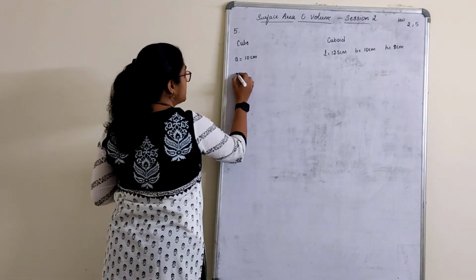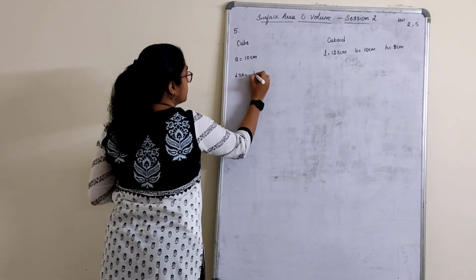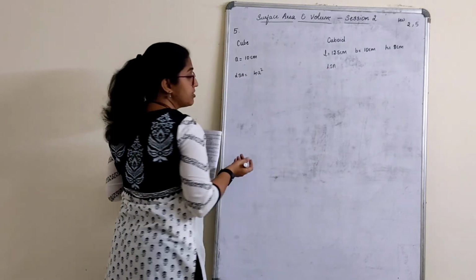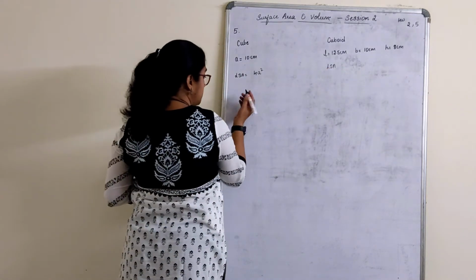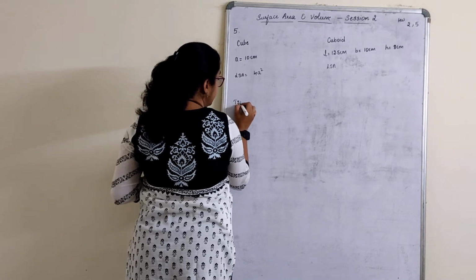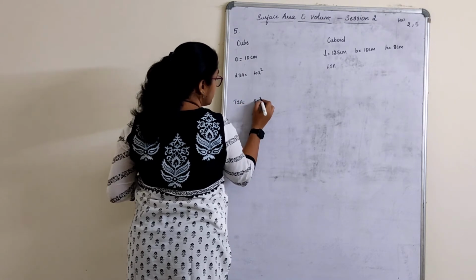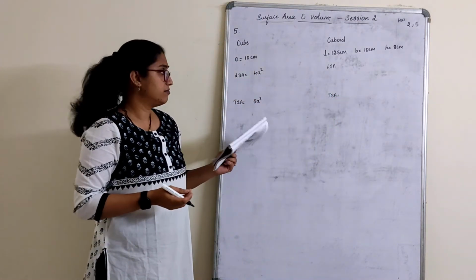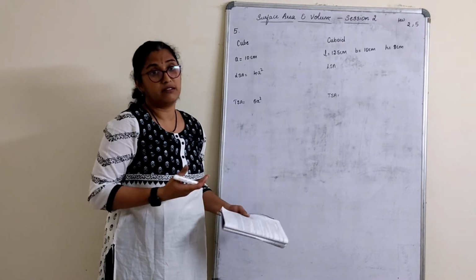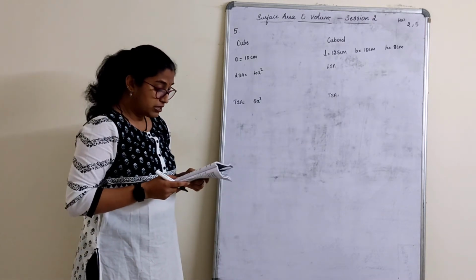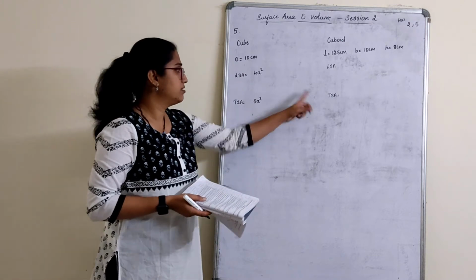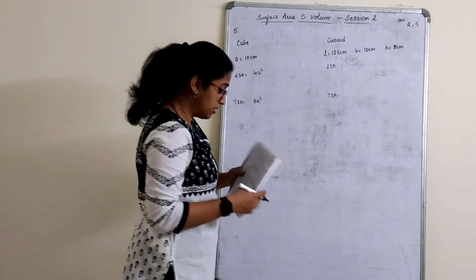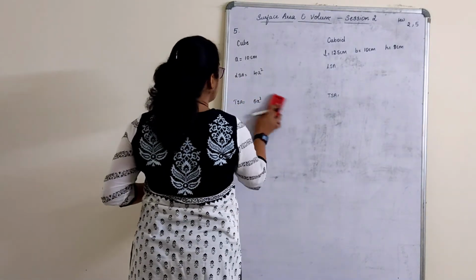You can do that. First find LSA. 4a square. Find LSA here also. By how much it is greater, we will come to know. Subtract this from this. Then find TSA. Find TSA here. You have to say which is greater, by this or this, and by how much it is greater. I think you all can do it. Or which box has smaller total surface area and how much with respect to these two. Right? I have given you the given part, what you have to do here. I think you can mark this down for the homework. We'll start with the next one.